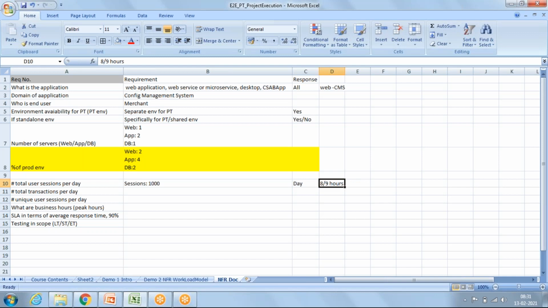Whenever we talk about a day, time, week, it is nothing but the number of working hours, suppose 8. That means in the application log, the application team sees 1000 total user sessions in 8 hours. This is nothing but sessions per day.